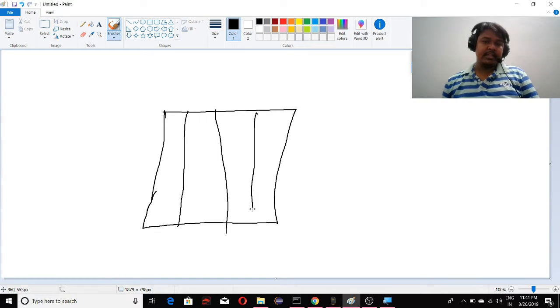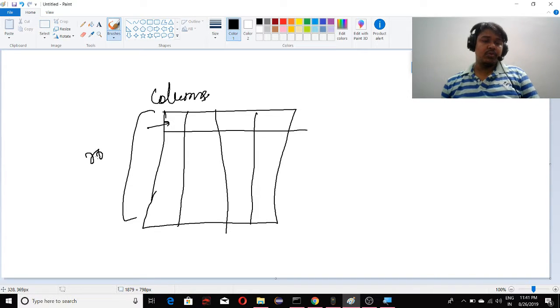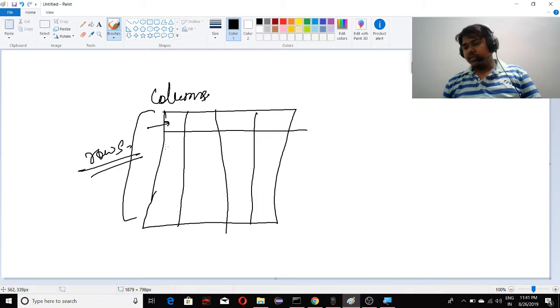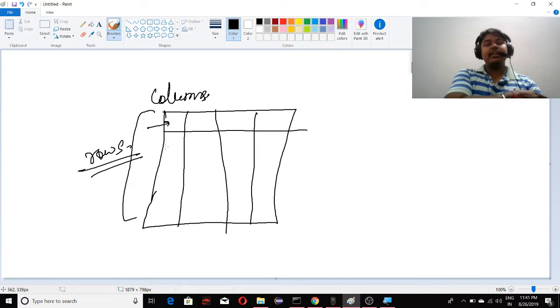Fine, and it has all the properties of a table, that is columns, and this is rows. Okay, so we are doing our data analytical part using Python programming, so we'll be learning data frame in Python. But when I'll be running my data analytics using R, then I'll be teaching you about data frame in R also. But if some people want to learn about the data frame in R, then they can watch my tutorials